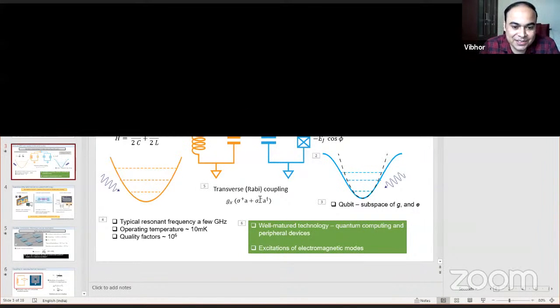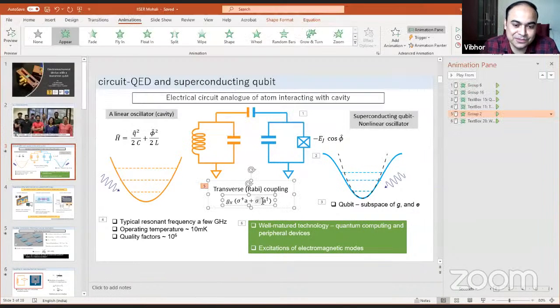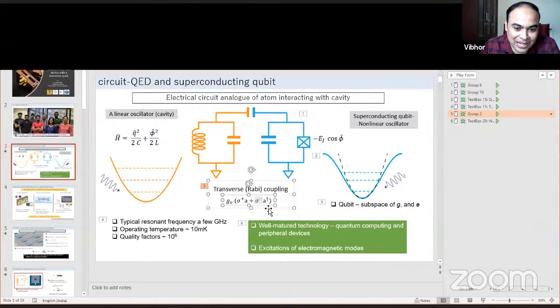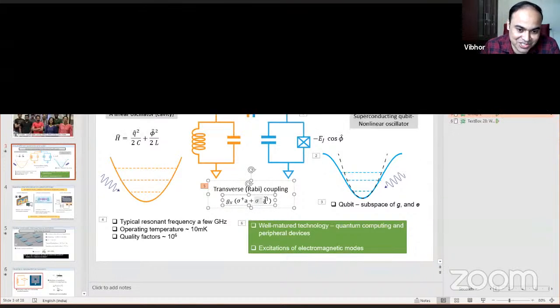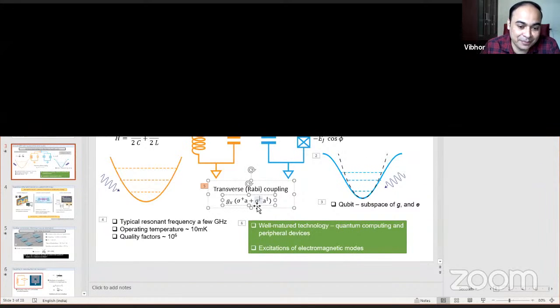What I have here is a simplified form of transverse coupling. Okay, this is all after making the rotating wave approximation. But in general, what you have is a dipole moment coupling to A plus A dagger, right? And if you don't make this approximation, you can have g to be very large, where you can see effects of two photon processes also. So I could imagine it's possible.